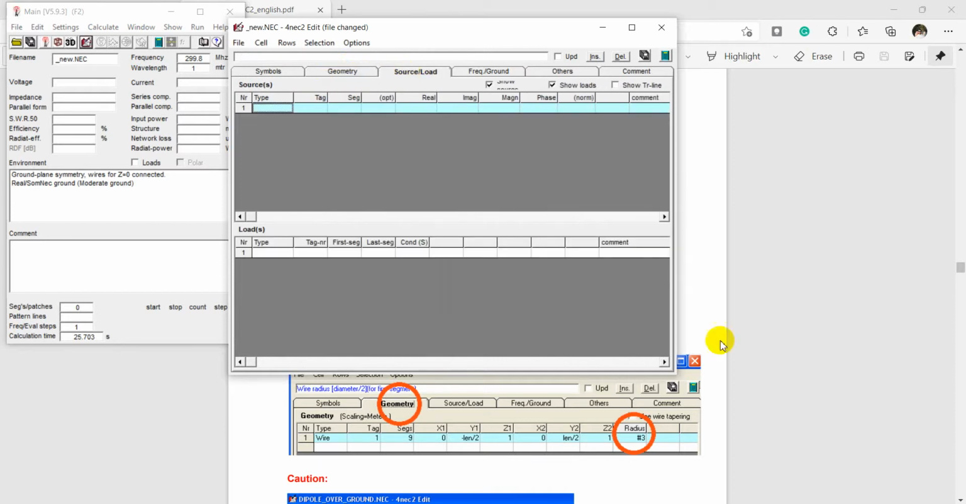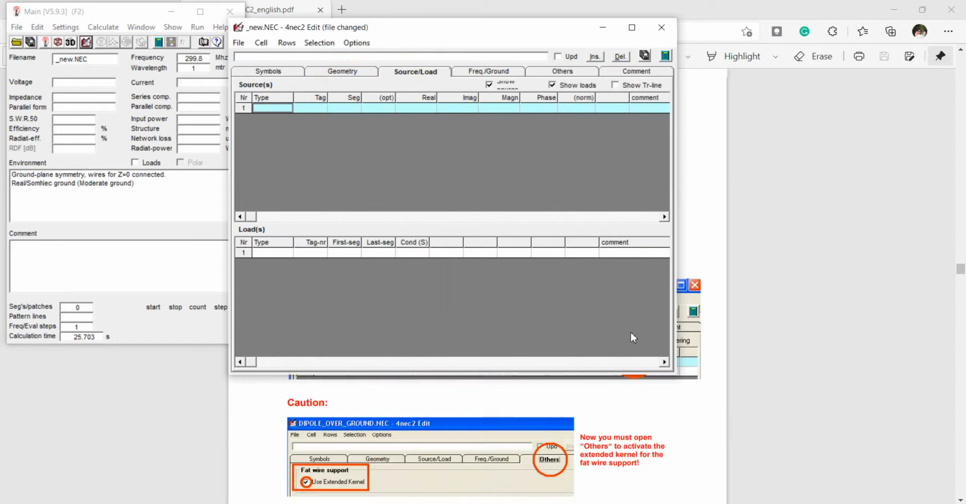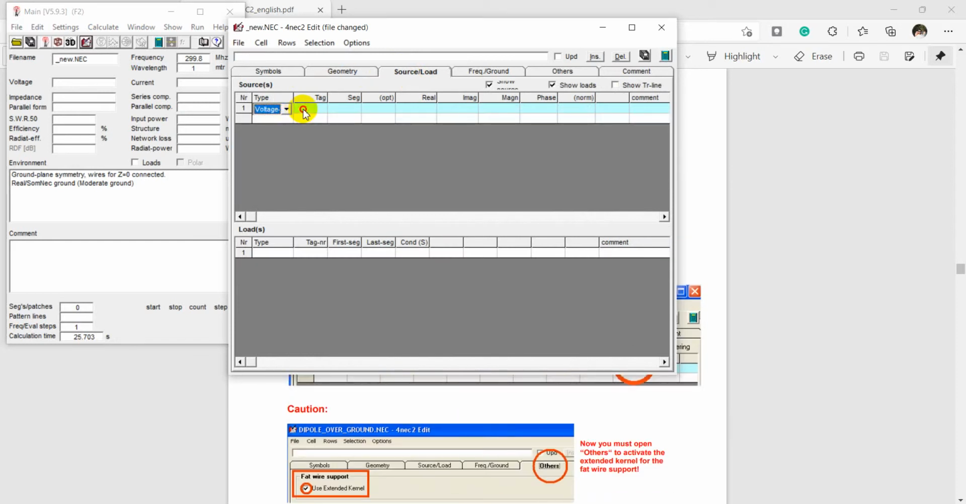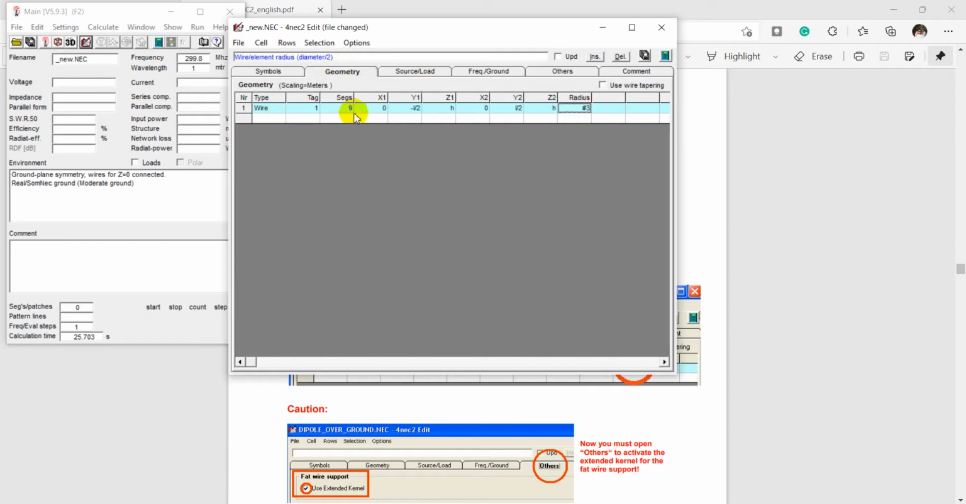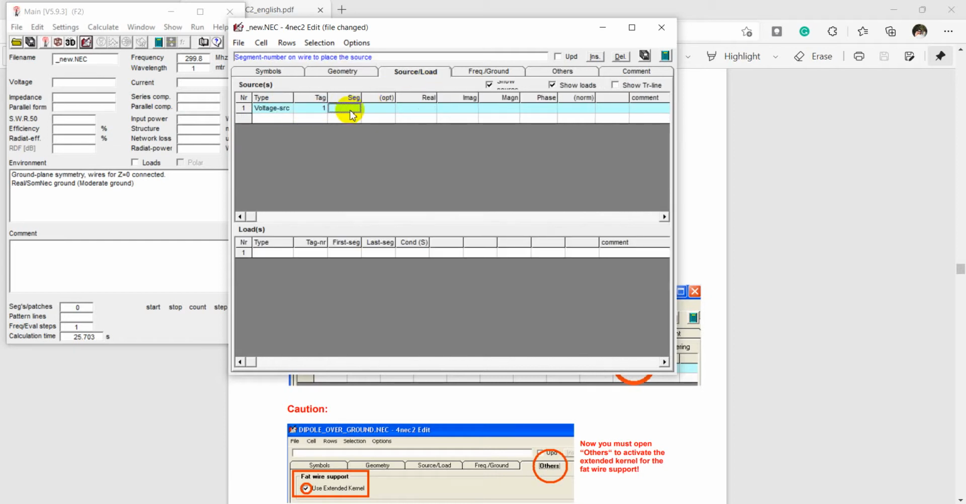So at the load section, I have to take the voltage source, which I can feed at the center of the source. As the number of wires is 1, I have the tag number 1 and the segmentation of this wire, where the voltage will feed. So when we take the geometry part segmentation at 9, the voltage source segmentation must be in the middle side of